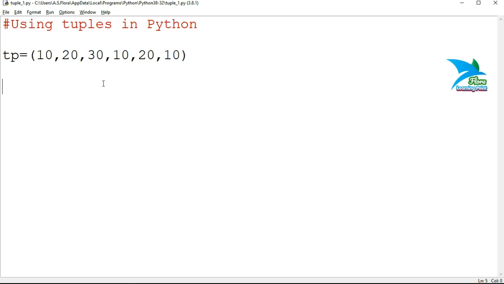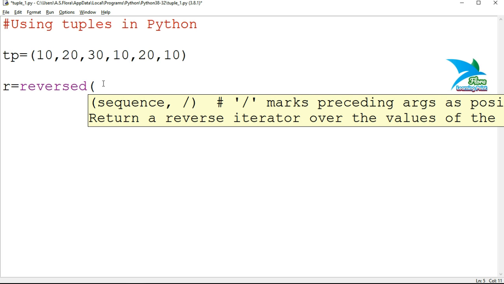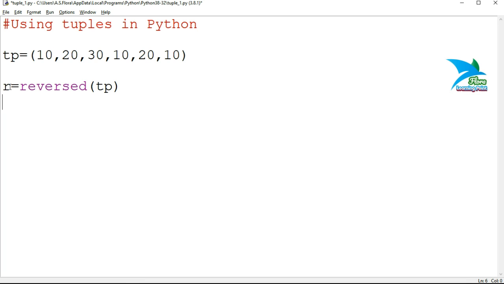So let's demonstrate how we can make use of this reversed function. You have to specify r equal to reversed, the name of the tuple, and r is an object of iterator type. That means you can make use of this object with a for in loop: for i in, and the name of that iterator, that is r.